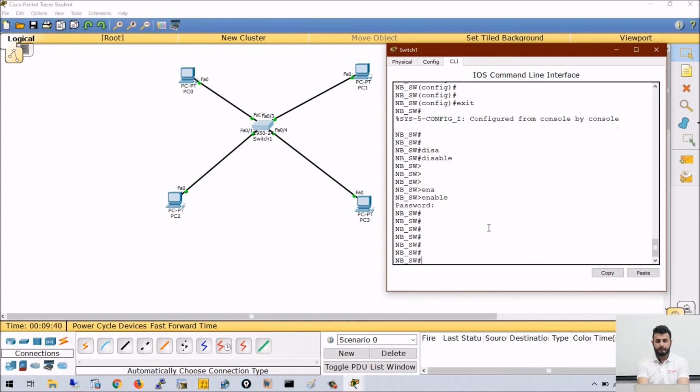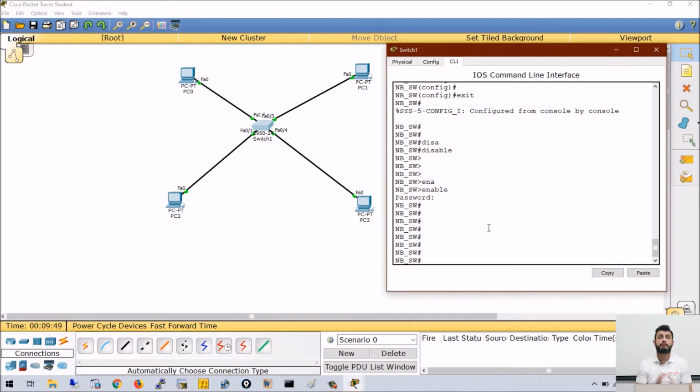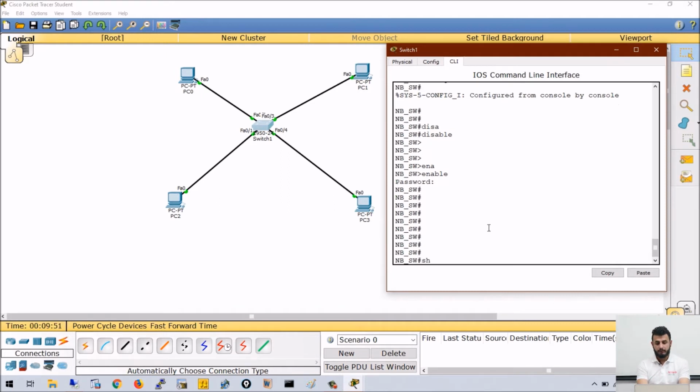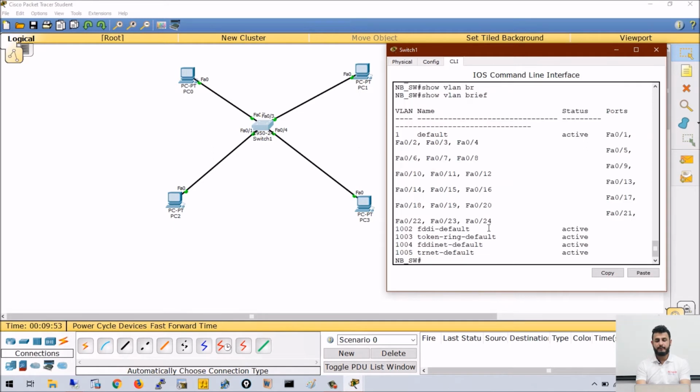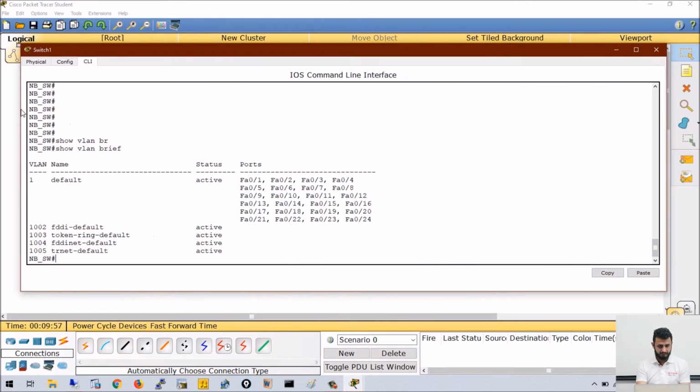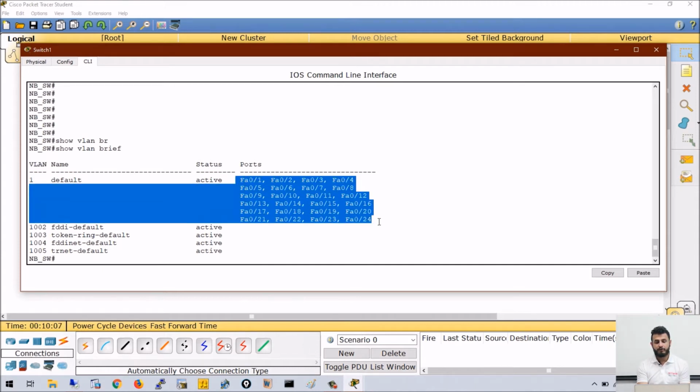very correctly. Now if I talk from the concept of VLANs, the first question is, do we have any VLAN on a switch? Yes. If you run the command show vlan brief, and if I expand this output like this, I can show you there is a VLAN 1 on the switch, which we call the default VLAN. And all the ports are by default members of this particular VLAN.